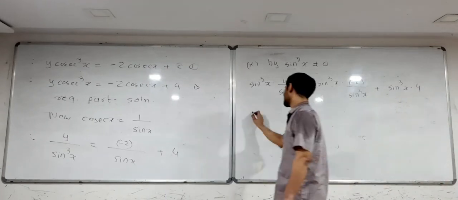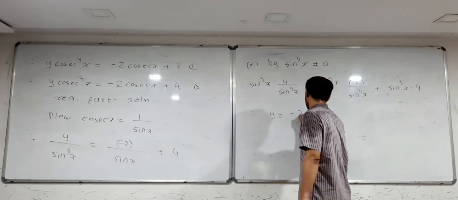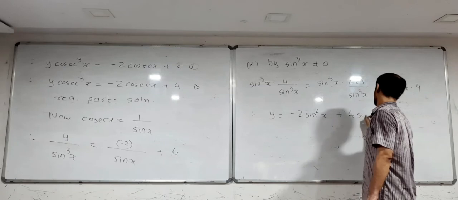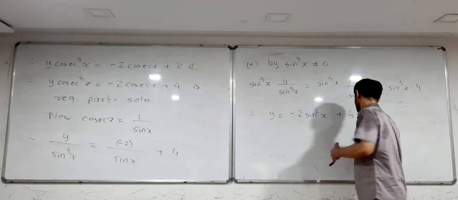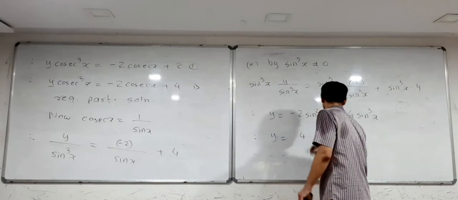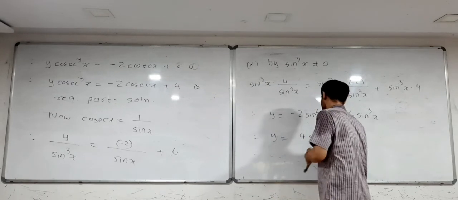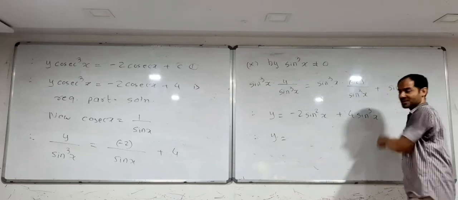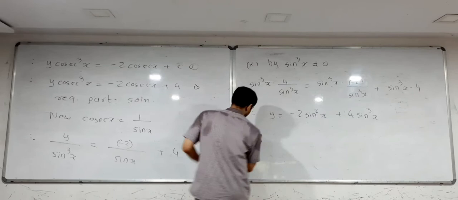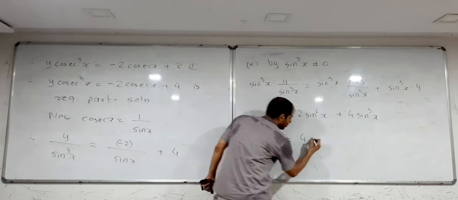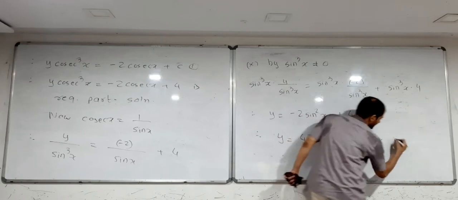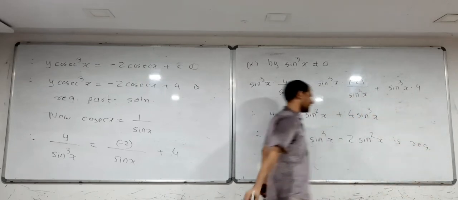So sin cube x gets cancelled, so y is equal to minus 2 sin square x plus 4 sin cube x. और हाँ, इसको आप थोड़ा उल्टा करो, so ये हो जाएगा 4 sin cube x minus 2 sin square x. Therefore, इसमें आंसर 4 sin cube x minus 2 sin square x is required